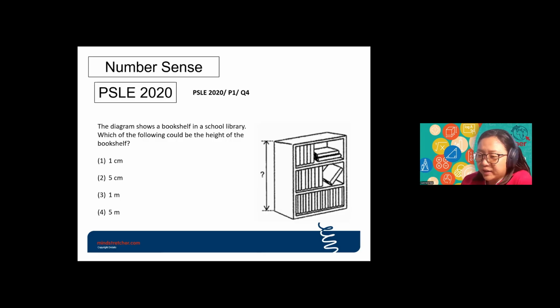Or when you take the MRT train, you can see the little girl over there, the 0.9 meter. In Singapore, if you are below 0.9 meter, you don't need to tap a card to go into the MRT or for bus rides. When you go past the MRT, try and look for the little girl. That's 0.9 meter, close to 1 meter. That's how high 1 meter is. All right.